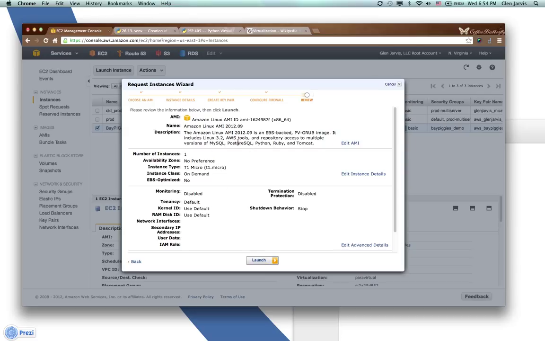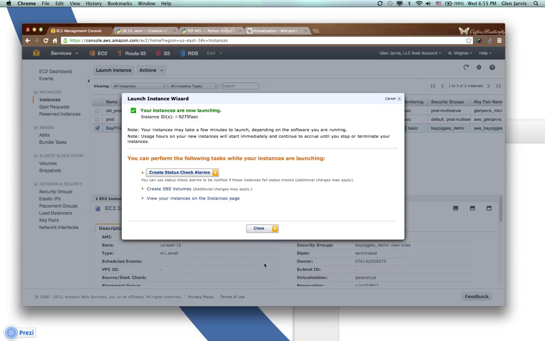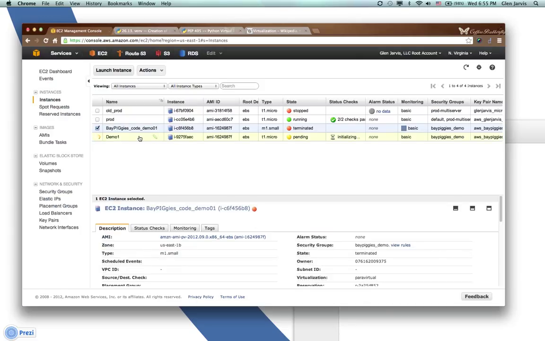And finally, I get a chance to review. So here's the AMI I chose, here's my Linux instance, a description. I can edit a few things now, number of instances, but I'm going to go ahead and just launch that instance. And now I get another splash screen that says, great, while that's running, you can do a few other things. But we're pretty much done. We know we've now started this particular machine,